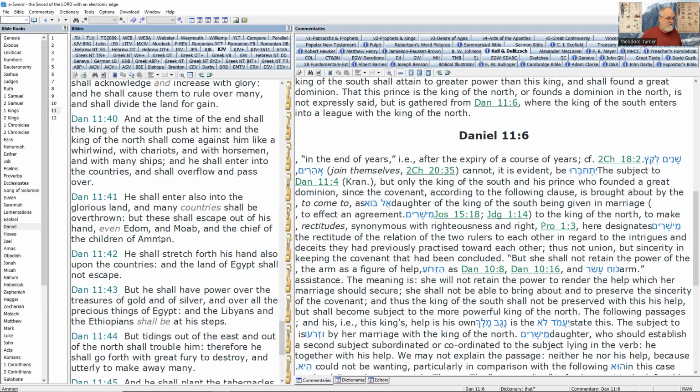Now, we're saying that in 1798 that happens as well, right? So you have the king of the south, France, coming against the papacy in our history. Do we just say our history is just the king of the north coming and conquering the king of the south? Or do we say that when we look at the time of the end, we're going to see this same verse worked out? That is, we're going to see Raphia and Panium again within our history. Is that what we're saying? Is that how this movement applied it?